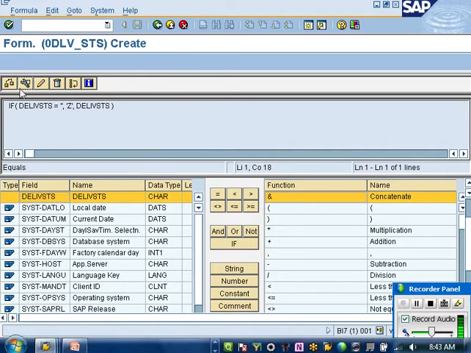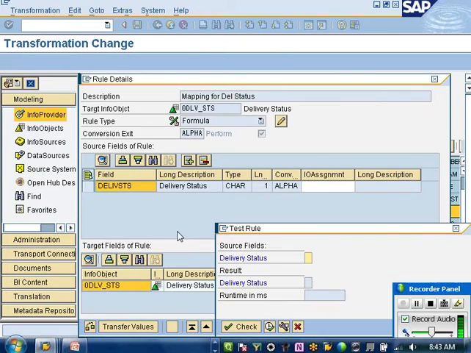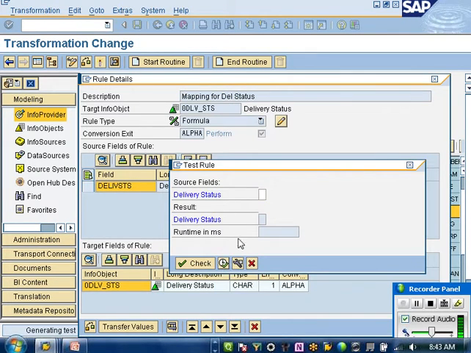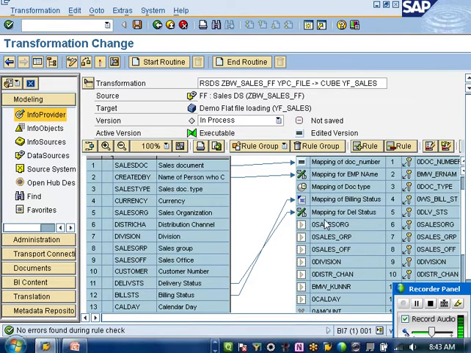If it is blank, it takes it that way, and syntax is fine. Go back. At the implementation, you can implement it here like this and test it. Z here, okay, was fine. I can go with that. Then sales org, I have a different requirement.